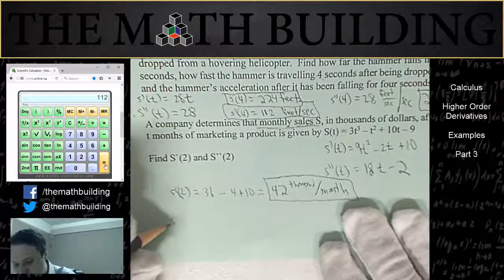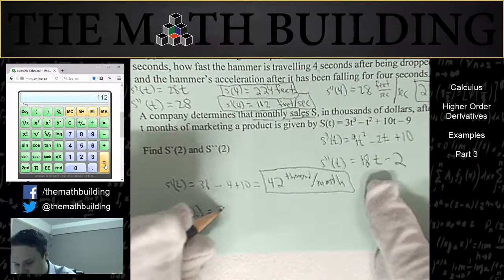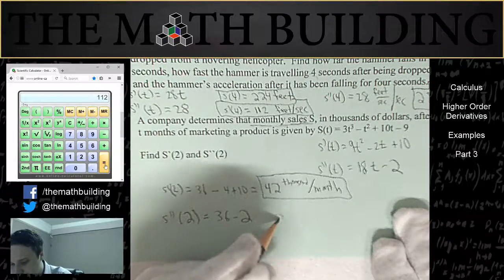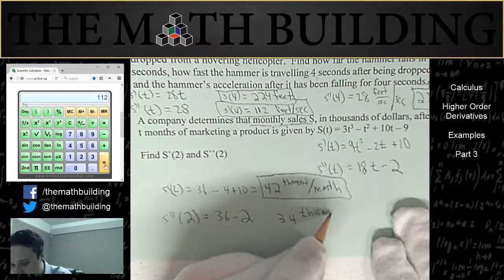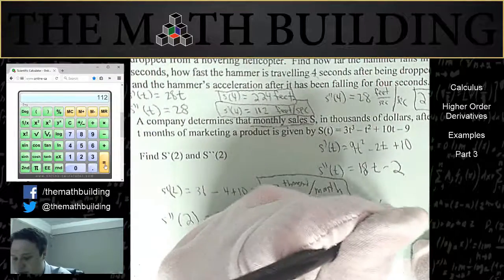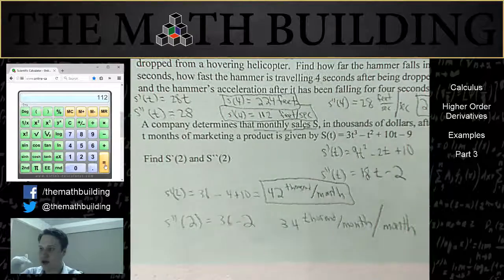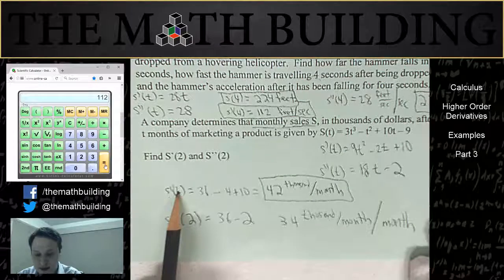So if we interpret the second derivative, plug 2 into this, it would be 18 times 2 minus 2. So we see that that would be 34. So our sale acceleration is itself accelerating, okay? Yes, our sales are doing better and better each month, but that is itself accelerating. And so in other words, if we were to find the rate of sales at 3, we can